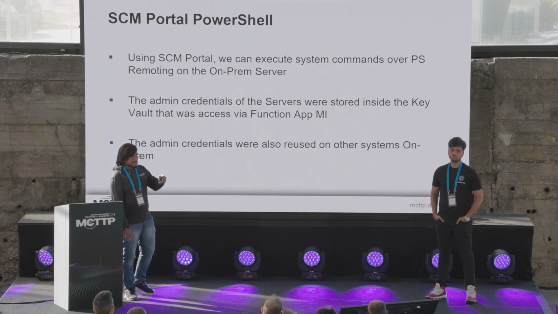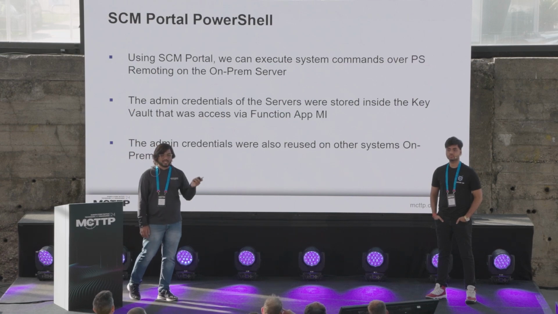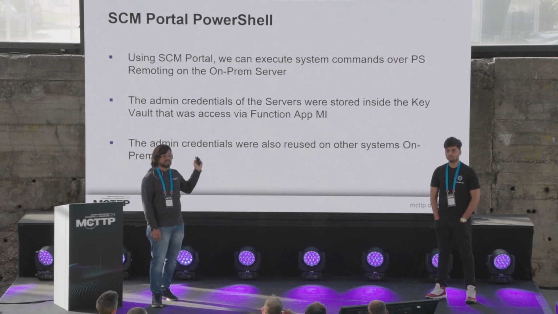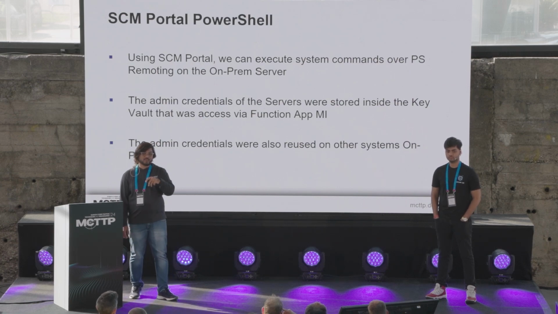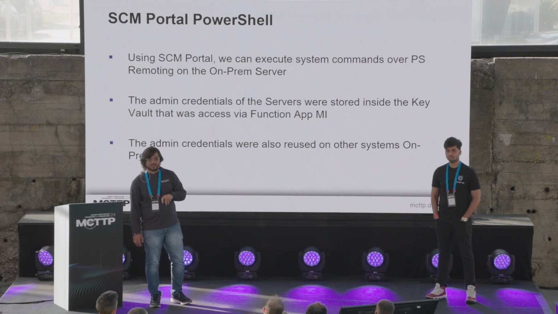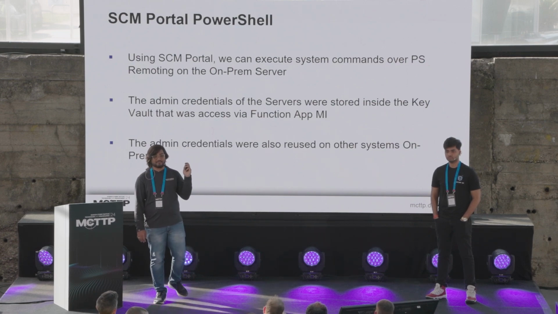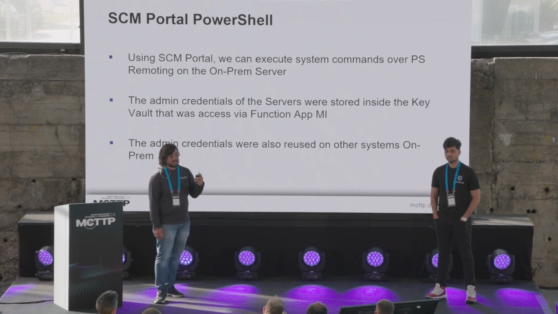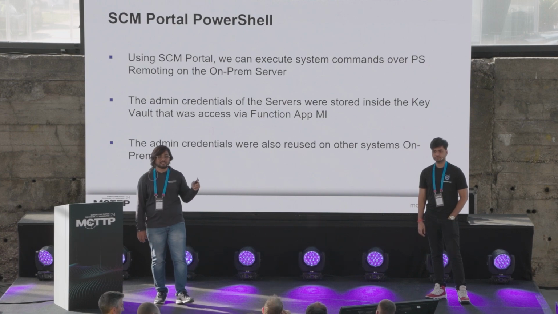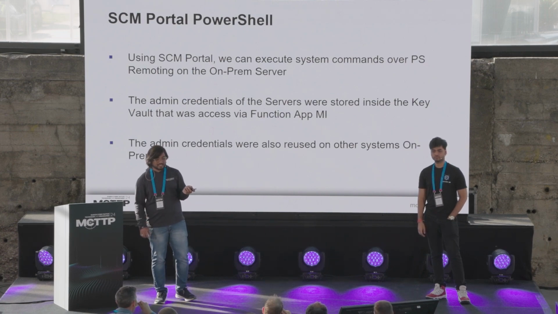So then we started understanding this entire process. We knew that there is a machine which is connected. We knew that they're using environment variables to extract the credentials. When we hunted through the environment variables, we found out that they're actually using a managed identity to access a key vault referenced in the environment variable, which means now, since we own or have access to the function app, we can actually access those environment variables directly and get the credentials in clear text.